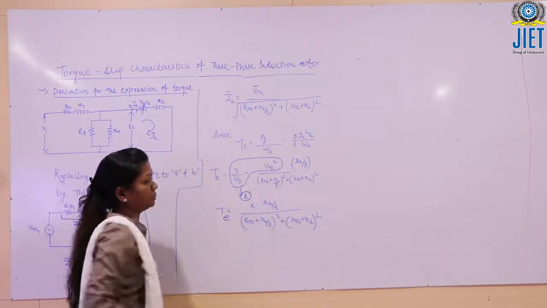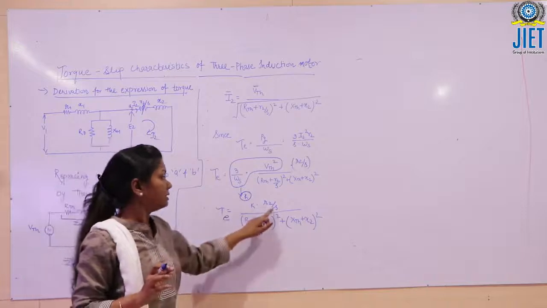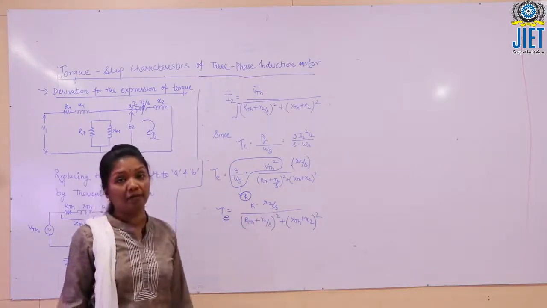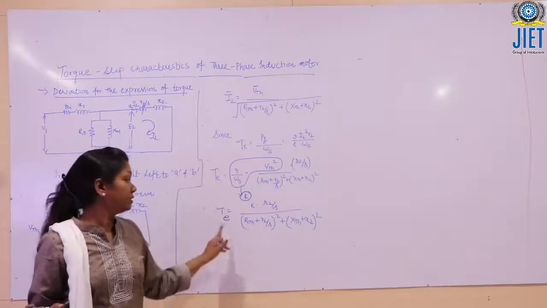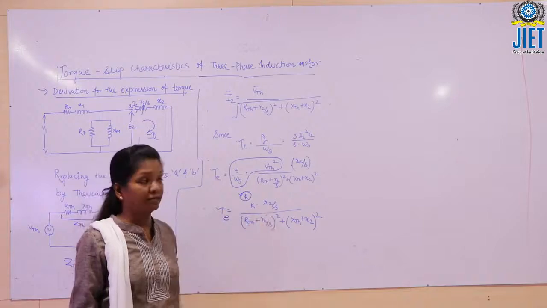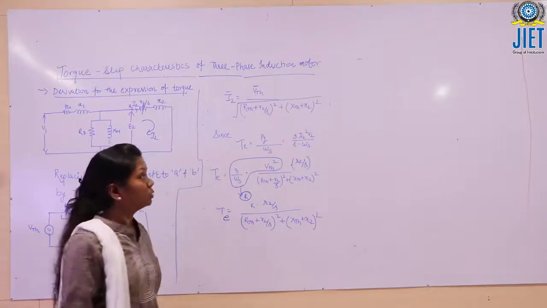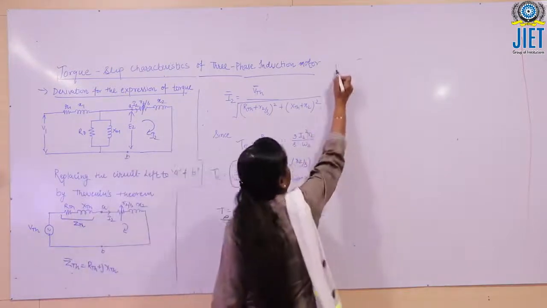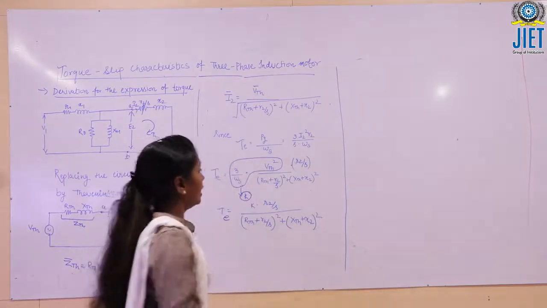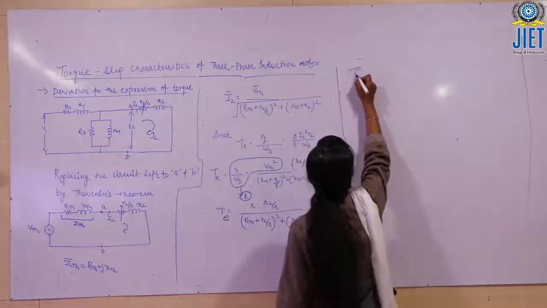Now in this particular expression we can see the slip is in the numerator and the slip is in the denominator. So how to plot this torque with respect to the slip when it is present in numerator and denominator both? That's a slightly tricky one, and therefore we are now drawing the torque